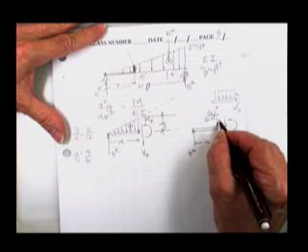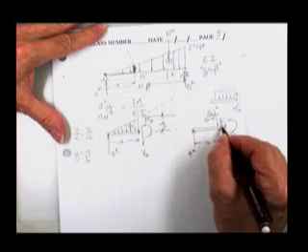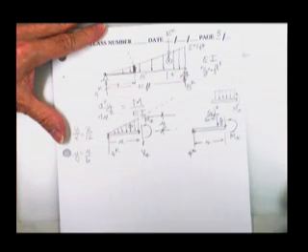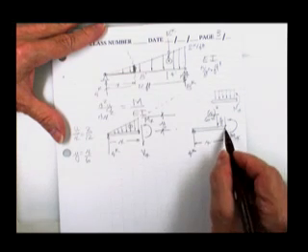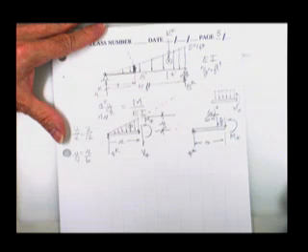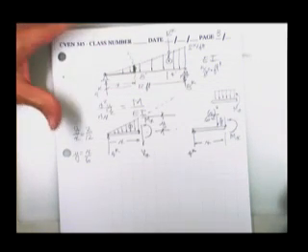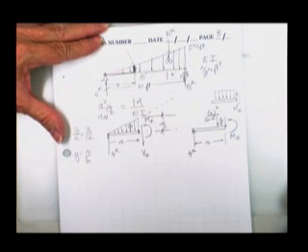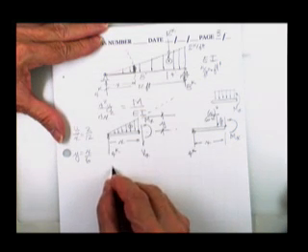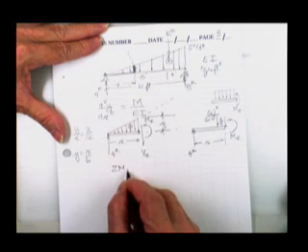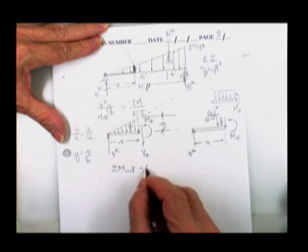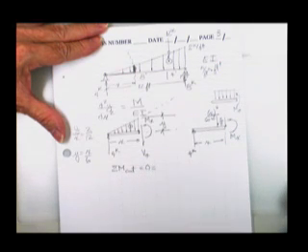This dimension is x over 3 to the centroid of the triangle. And therefore we ought to be able to sum moments about the cut face and solve for the moment. If it comes out a negative some of the time and a positive some of the time, that ought to be taken care of inside the equation. Sum of the moments about the cut face is equal to 0 is equal to